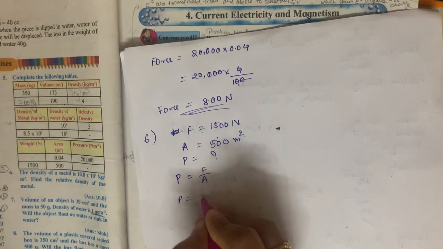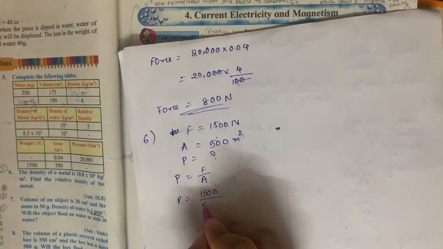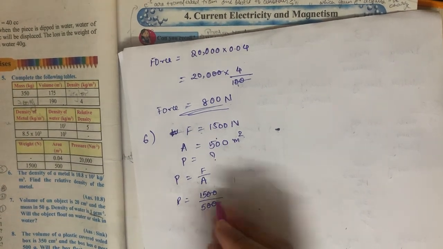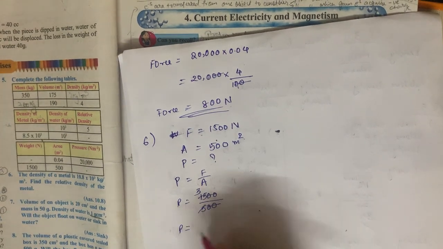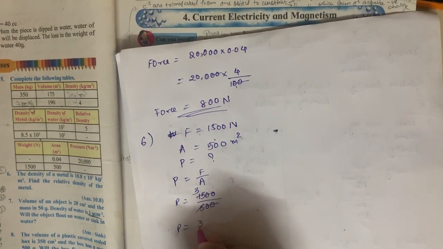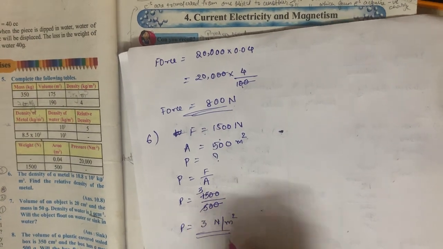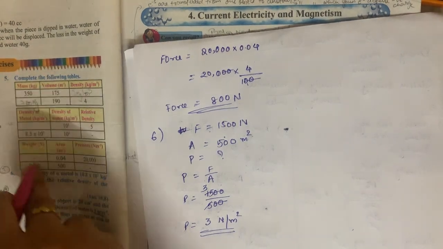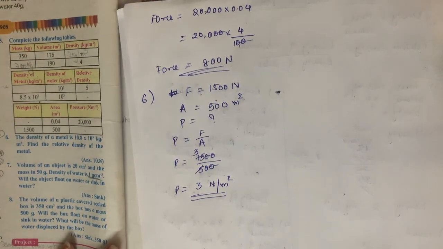So P is equal to, what is force? 1500, and area, that is 500. 20 cancel, and here 3. So what becomes pressure? That is 3 Newton per meter square. This is finally you got the answer. Is it clear? So this is all about question number 5 that we have discussed. I hope, students, now it is clear. Moving ahead,